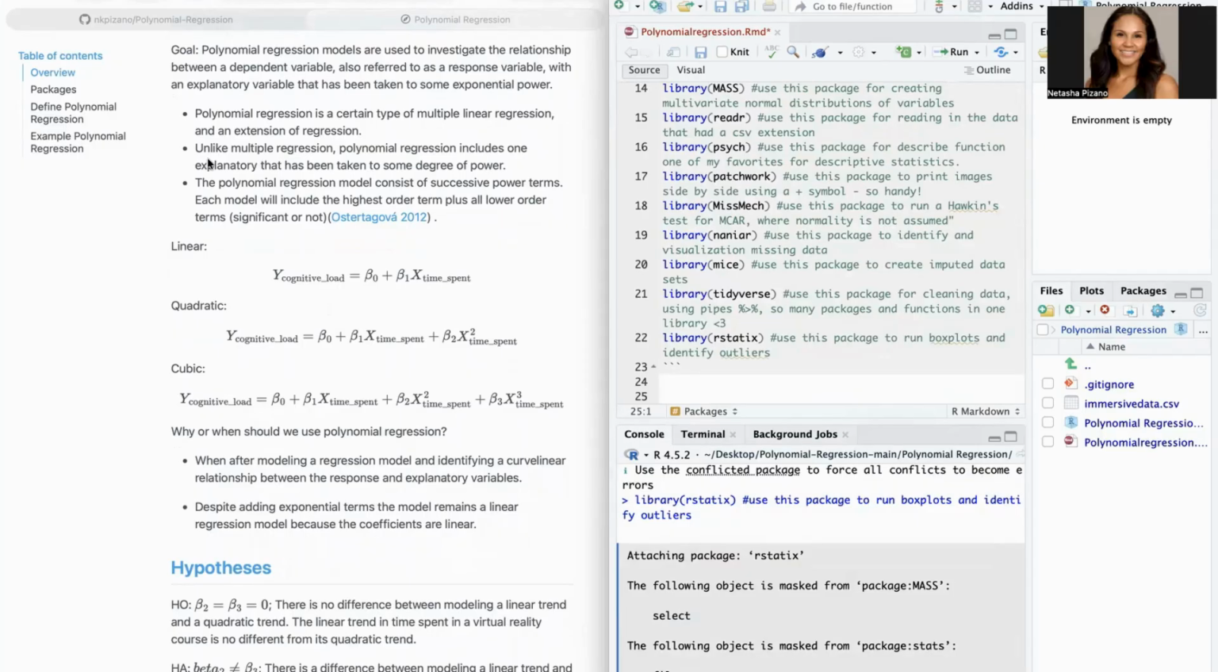In multiple regression, polynomial regression typically only includes one variable because we're taking it to a power, and we're going to be including all the lower terms or all the lower powers within that one regression equation. So we can pop down below and we can see that the successive powers are all included. So in my quadratic regression equation here, I have my cognitive load being explained by